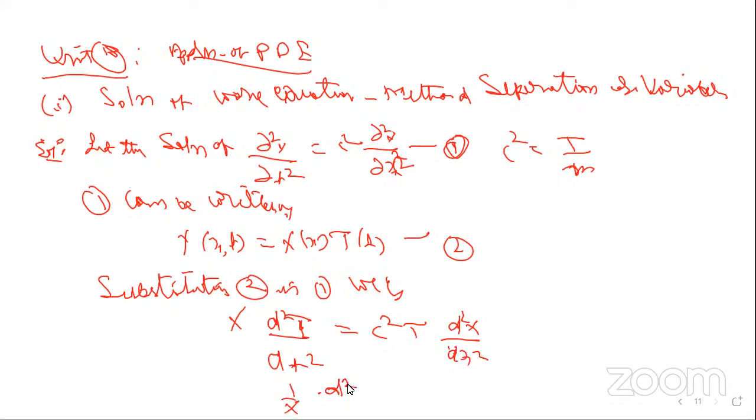Sir, what is the page number of the question? Page number 249. Okay. C square x by dx square